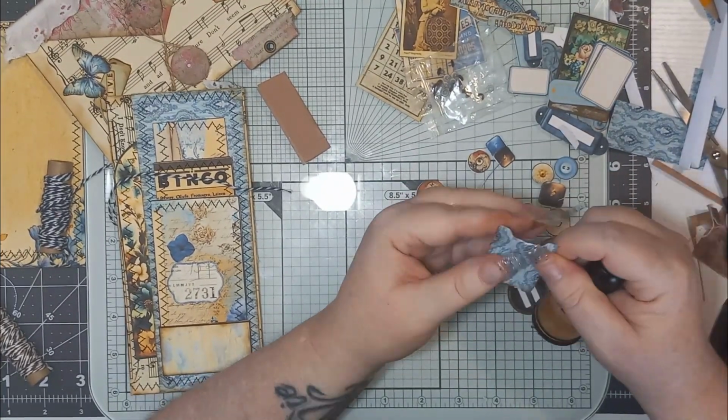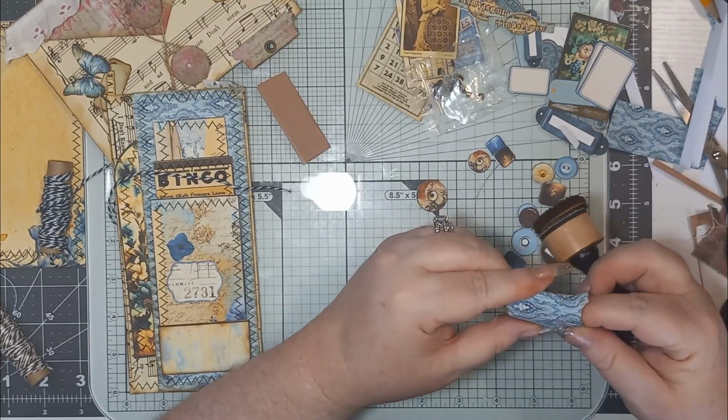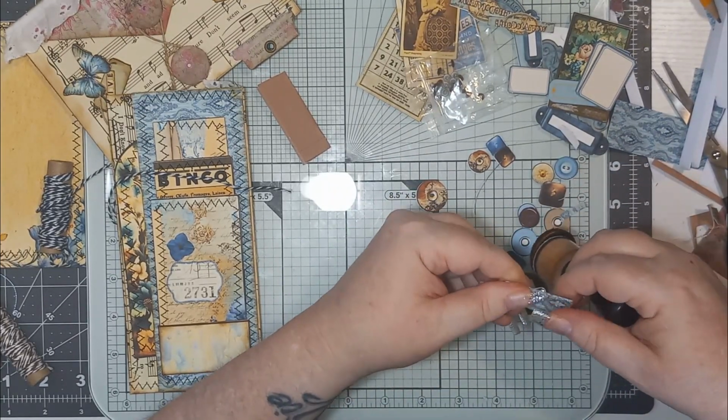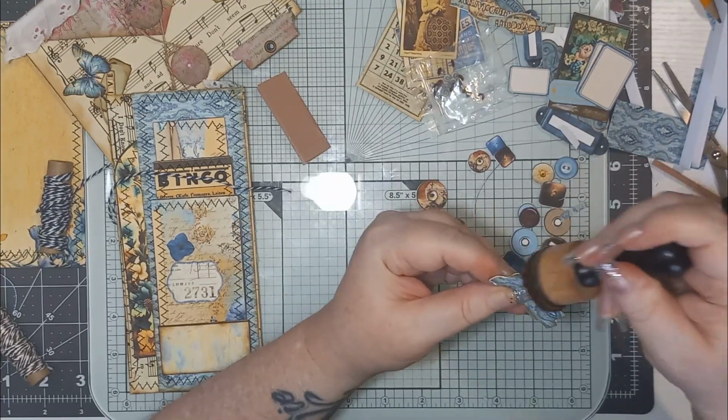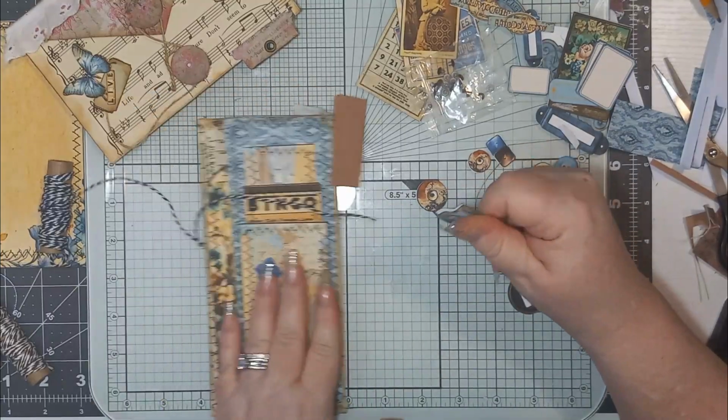I'm sure y'all watching at home thought, what's she doing? She needs to cover that first. Oh, here we go. Yep, I know. I smell what you're stepping in. That beautiful bed of roses of an idea. All right, so